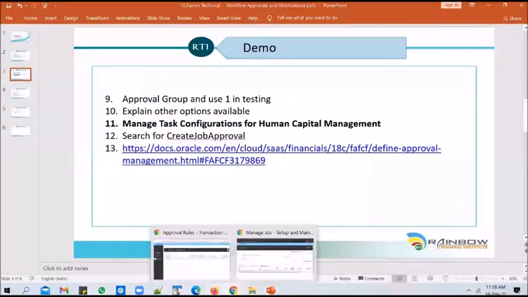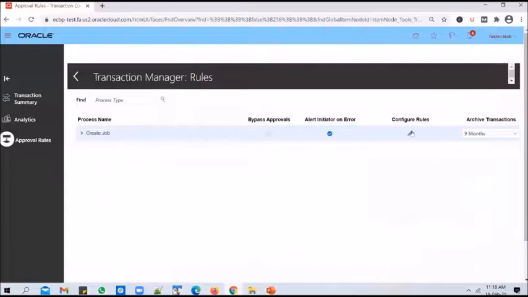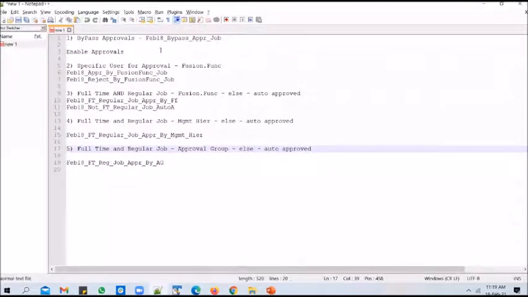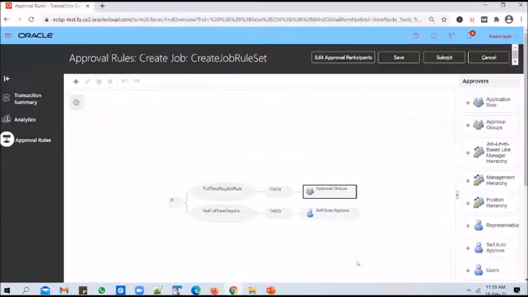Okay, so this is how you can go ahead and explore all the options in there. And probably you might appreciate now why I asked you to pick up a simpler process here, because you would be putting in at least 10 requests, and the easier it is to create a transaction, the better you will be able to focus on the configure rule section rather than on the transaction creation as such. And we have seen how to use a few of these approvers, and you can explore the other options available in there. Any questions, guys?